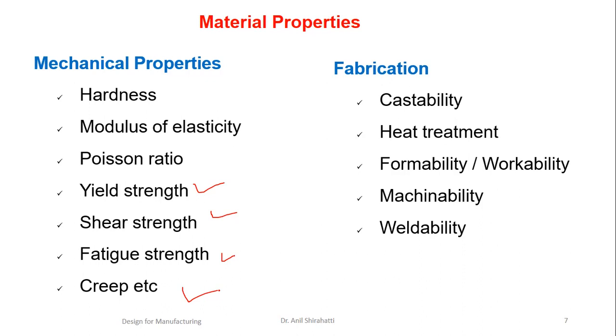Then what fabrication or manufacturing method you are adopting, like castability, or the heat treatment process, and what changes may happen because of this heat treatment. If you are using a welding method, definitely wherever you are welding the component, near that position there will be a change in the property of the material. Also, whether the material is machinable or not. Suppose I choose a material which is very hard and I want to reduce its diameter from 100 to 50, it is very difficult. You cannot machine it very easily. But if you go for mild steel, definitely you can take a 1 mm or 2 mm depth of cut and reduce it.